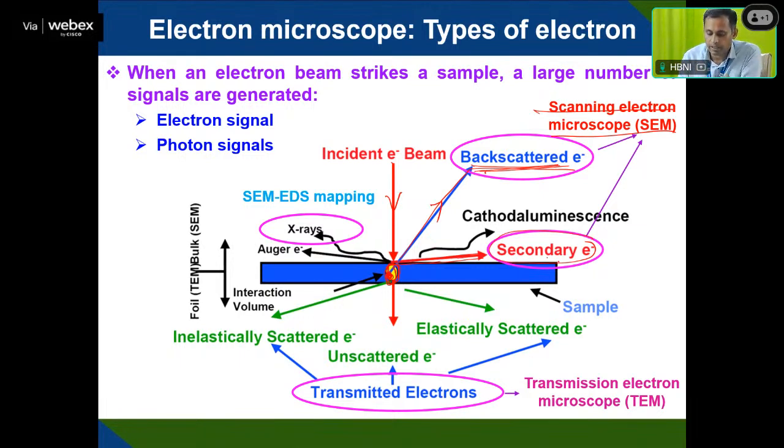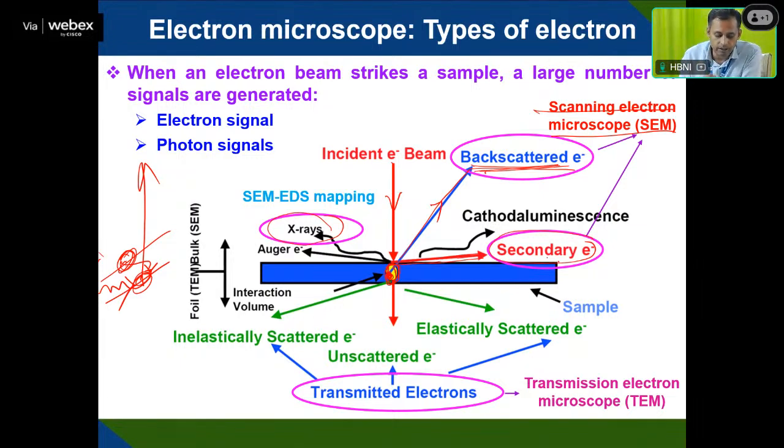Along with these phenomena, there is the possibility of X-ray generation. When the electron beam falls here, the core electron can come out, and a higher electron can jump to this position. The excess energy can be emitted as X-ray fluorescence or some other X-rays. Those X-rays can be used for SEM or TEM EDAX mapping,